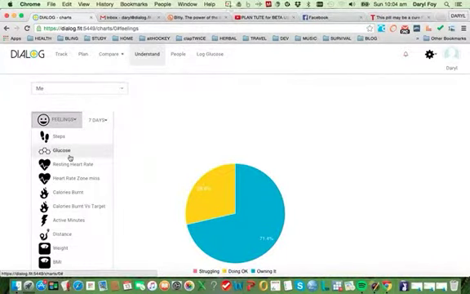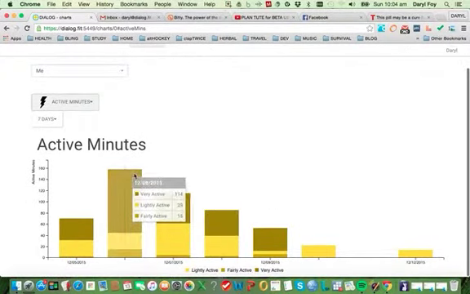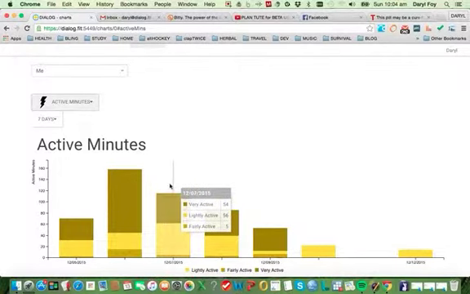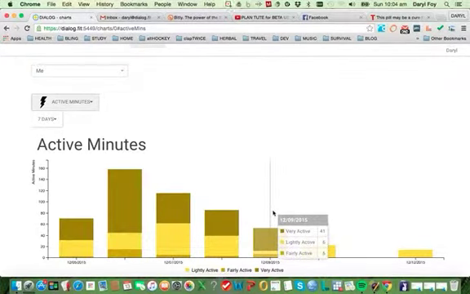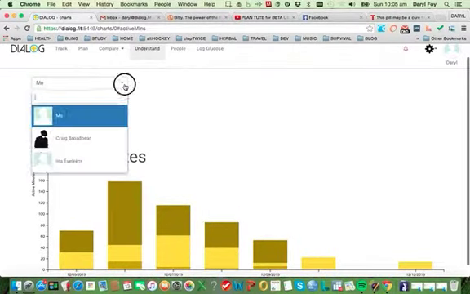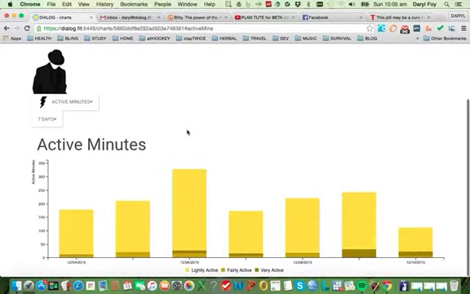Again, I can have a look at any of those key measures as represented by the spark lines on my track page. Active minutes. This is a good way of seeing what the split's been across my heart rate workout zones for each of my exercise sessions in my plan for this week. Very simple, just roll over and a breakdown's given for each day. And again, at any stage, I can go and have a look at my friend and see what he's been up to.